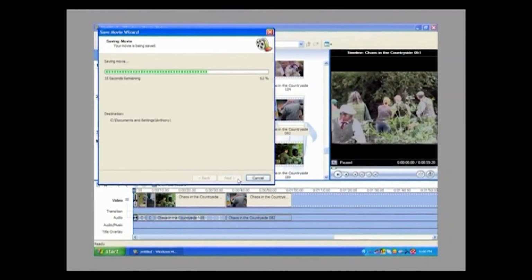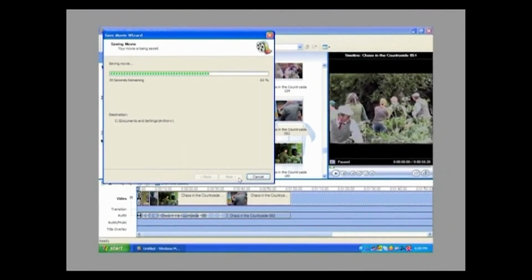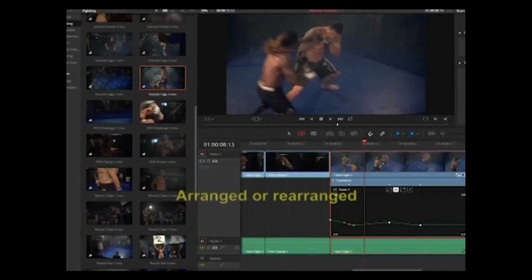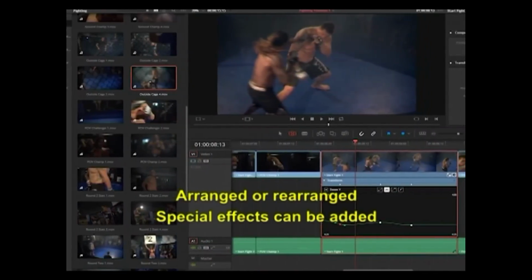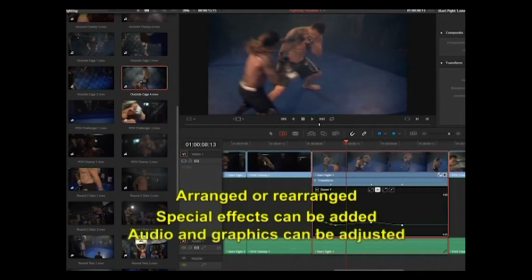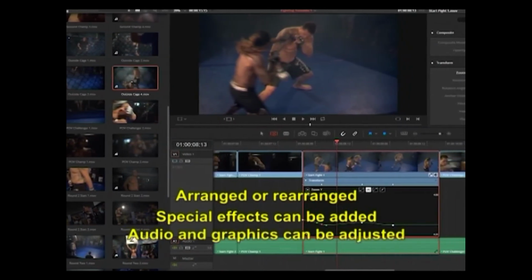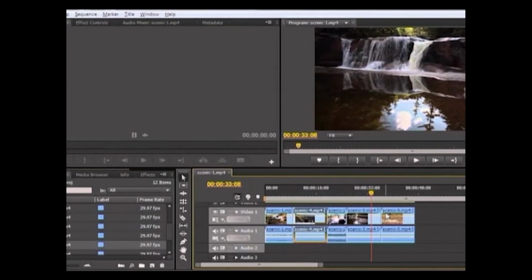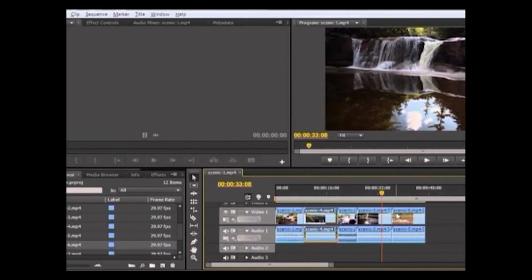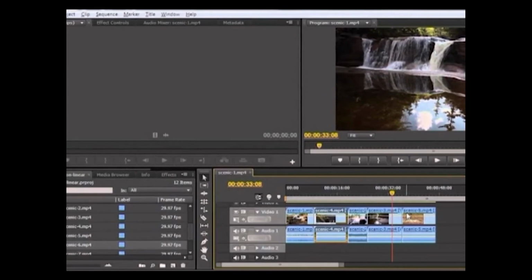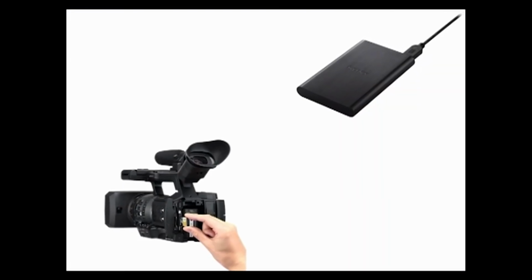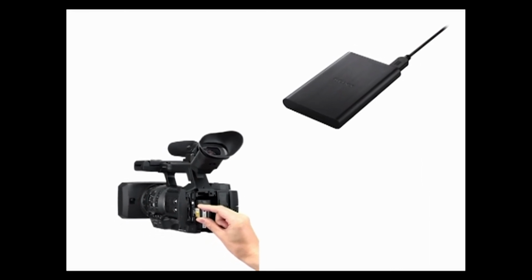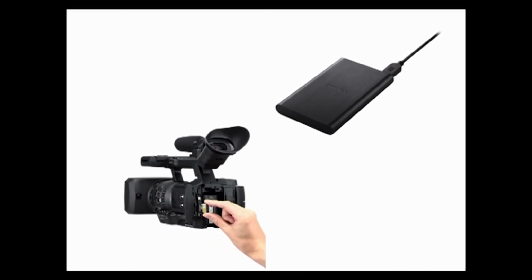Today, almost all video and television programs are edited on a non-linear editor. Non-linear editing is the process whereby the recorded video is digitized, copied onto a computer. Then the footage can be arranged or rearranged, special effects can be added, and the audio and graphics can be adjusted using editing software. Non-linear editing systems make it easy to make changes, moving clips around until the director or client is happy. Hard disk and memory card cameras have allowed editors to begin editing much faster because they do not need to digitize all the footage.